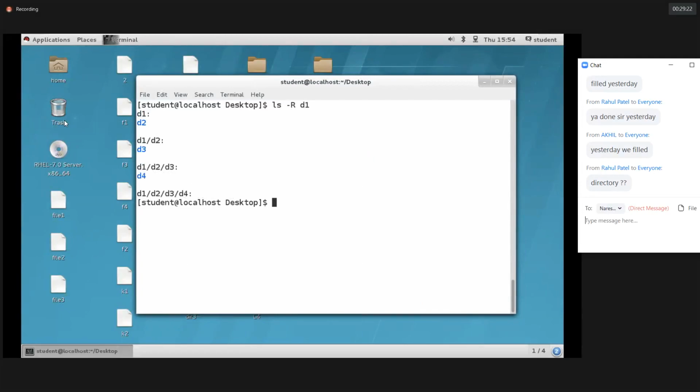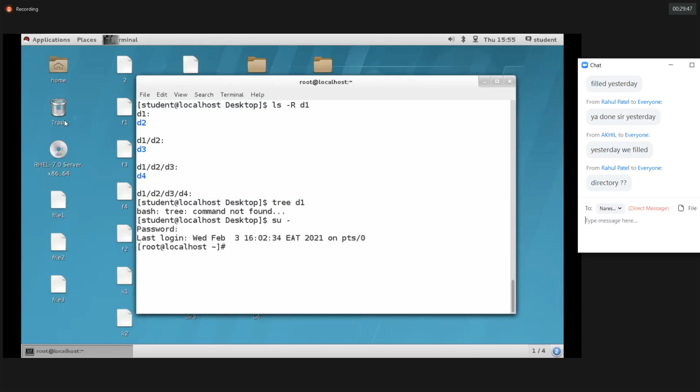Apart from this, we have one more command called tree. Actually, it's a DOS command, so by default it is not going to work in our operating system. In RHEL 7.0, by default, it doesn't have the tree command. It's saying bash: tree: command not found. But we can install it, guys. In 8.0, by default, we have the tree command, but in 7.0 we don't. So don't bother about the installation, I will tell you later.